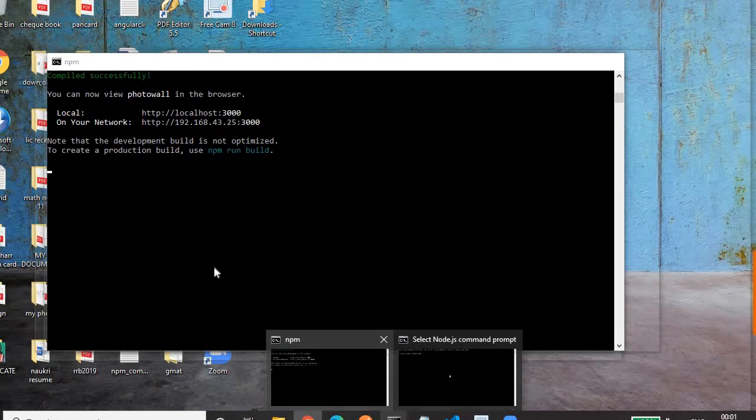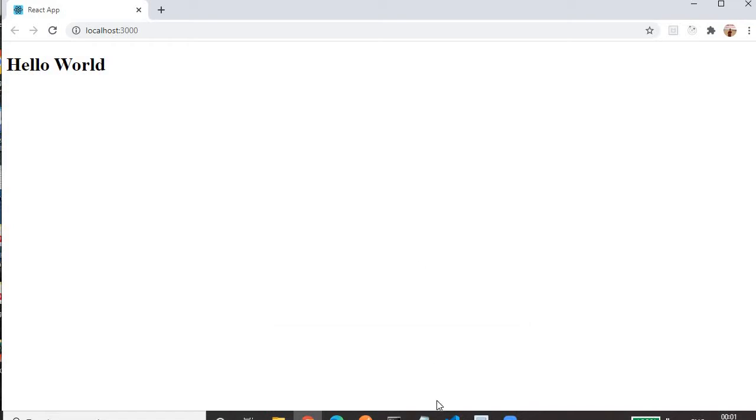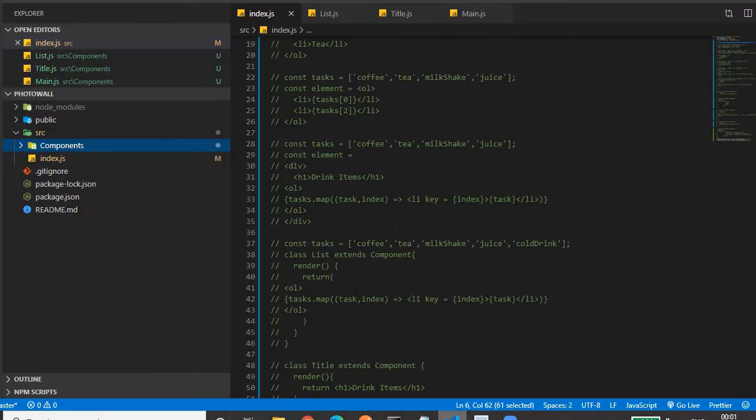Let me tell you, for React.js I'm using Visual Studio Code. This is my editor, where we will code React.js. All the coding will be done in this editor. It is one of the wonderful editors for doing all the UI work. I use this editor for Angular also, and the same editor for React.js.